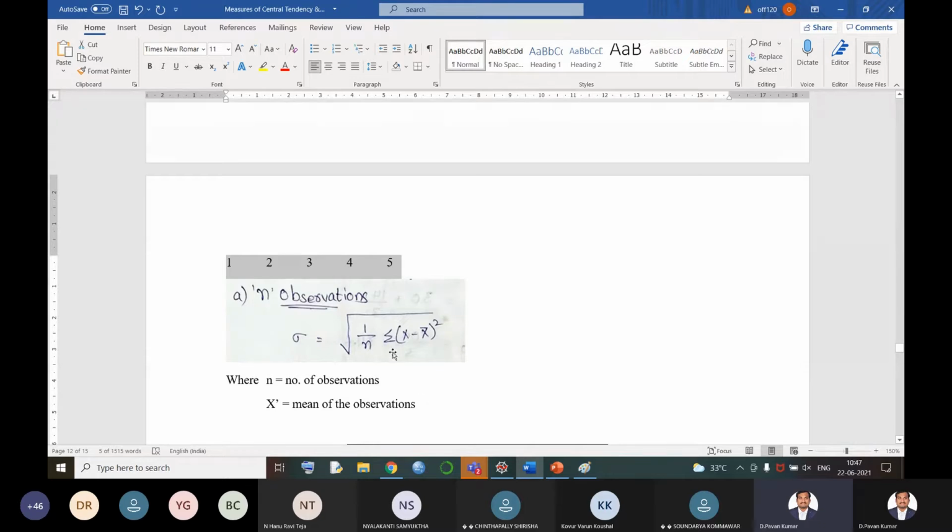It is confirmed. Now next, summation of something square. Summation means addition. To find addition, what is the first thing I need to find out? X minus x bar whole square. Now if I want to find x minus x bar whole square, first I need to find x minus x bar. If I want to find x minus x bar, first I need to know what x bar is. Then only I can find summation x minus x bar whole square. Okay, this is how we find our answer.